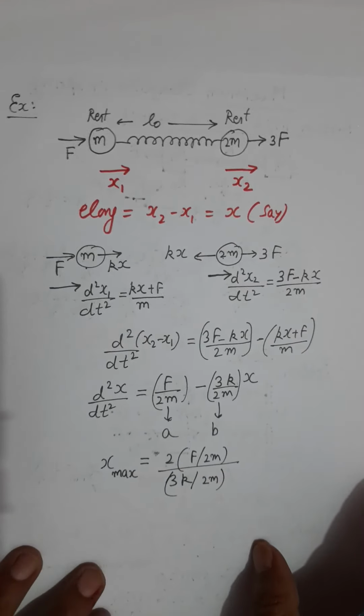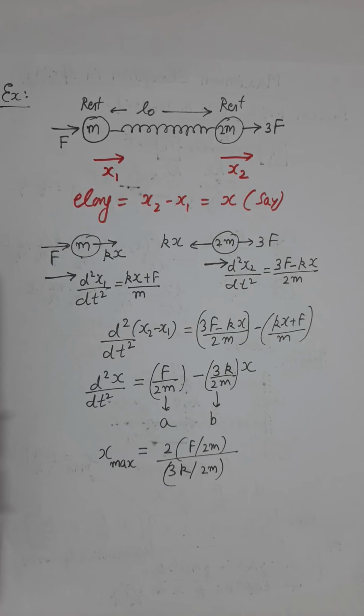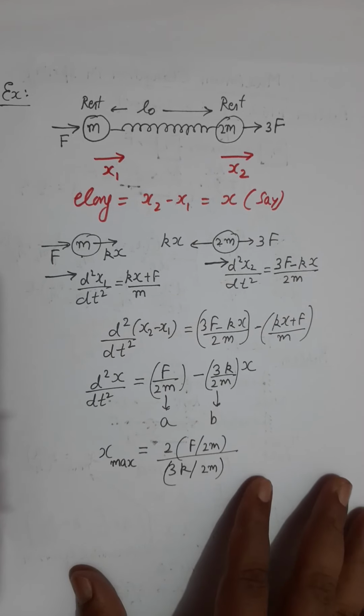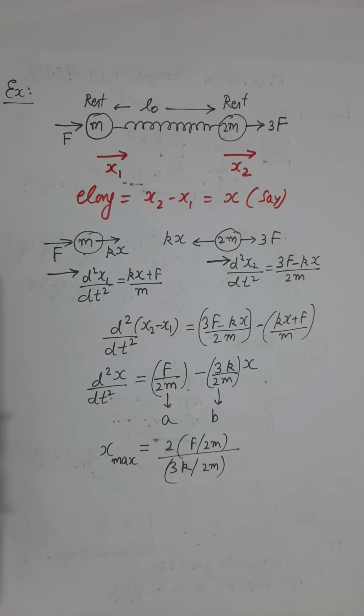I hope the concept is clear to you. There are other methods to solve this question. There are 3-4 methods. One is by the concept of simple harmonic oscillation. One is by the concept of the center of mass frame. A lot of methods are there. I would recommend this method, as it will hardly take 2 to 3 minutes. And by this method you can find out the maximum elongation of any kind of spring block system which is acted upon by some constant forces. Hope this concept is clear to you.